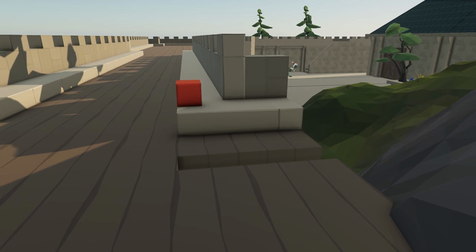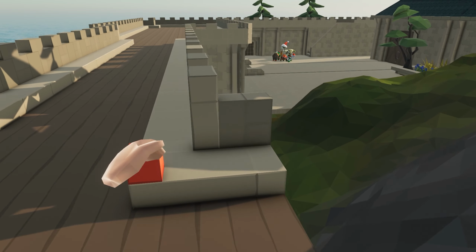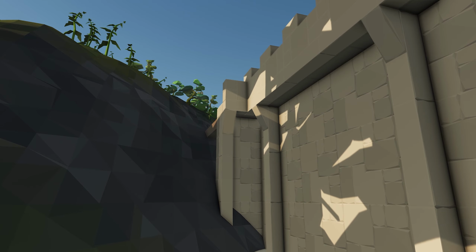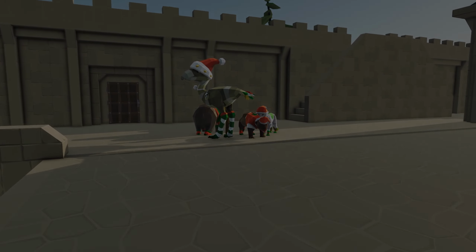Let me see, I think this one's supposed to be like that, and then fix it like this. Let me add some logs and a rock, why not? And then, yep, that is indeed fixed up, no more glitchy stuff. All right, all